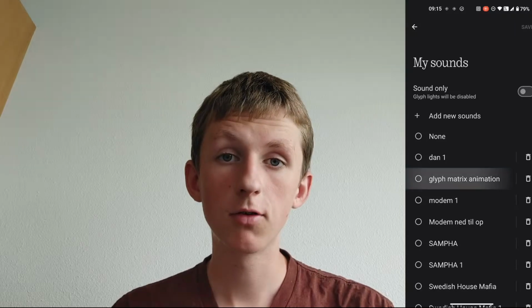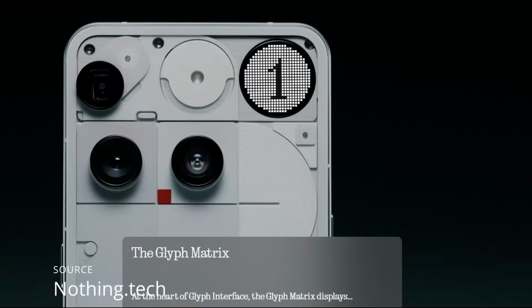Next, select the new ringtone, and there you go. You've now uploaded it to your phone. You can turn your phone over to preview the animation on the back to see exactly how it looks when